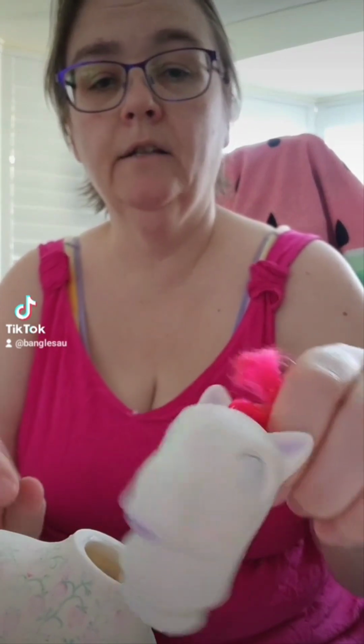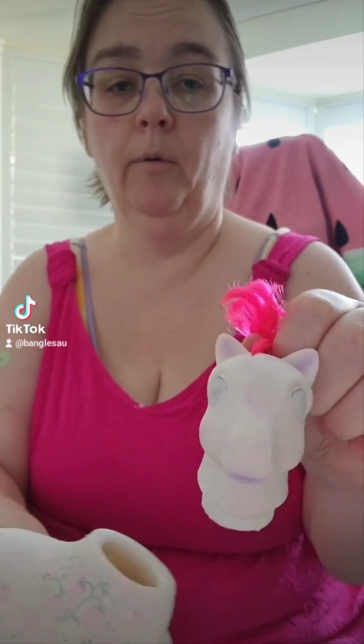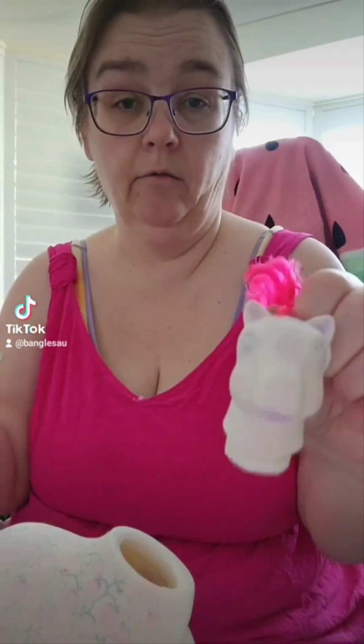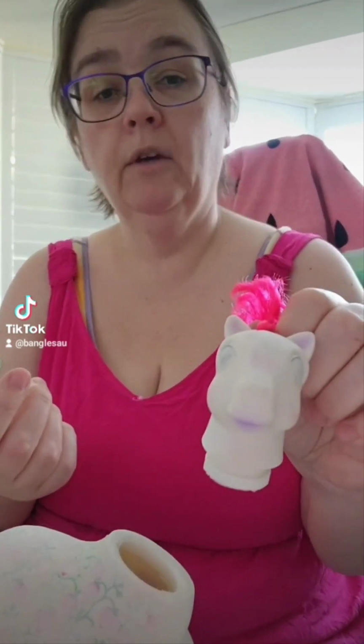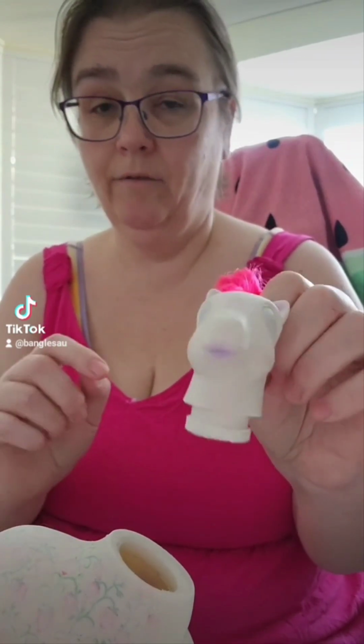This is just to protect the paint from the sun or the UV light. I prefer to use sun because I live in Australia, lots of sun. Because think about it, if the sun can fade the plastic, it can fade the paint. So